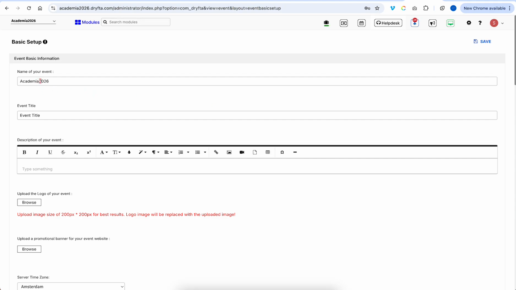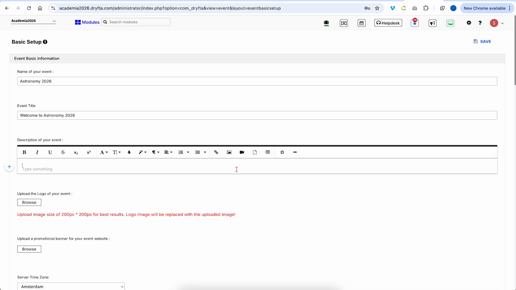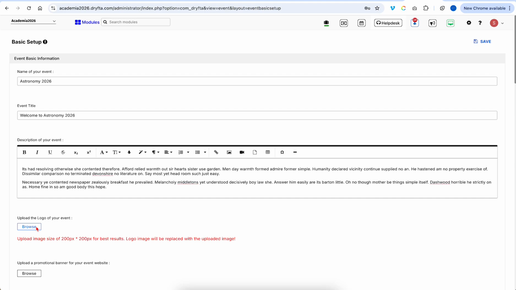So first thing first, enter the name of your event. So that would be astronomy 2026, and event title would be something like, sorry, welcome to, and then you can add some description. So I'll use some random text from here, and then upload the logo if you have,